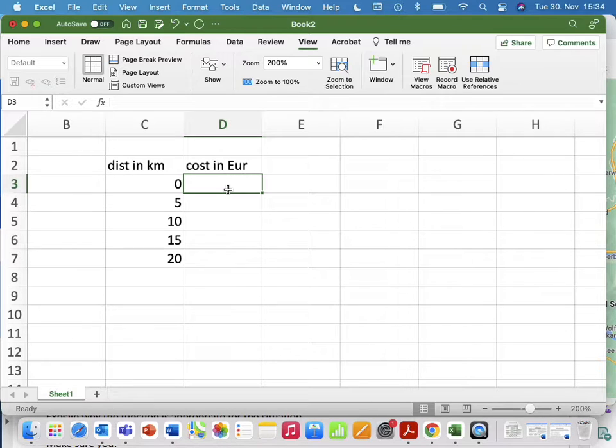Watch. In here, press equals 1.1 times, the multiplication is the little asterisk above the 8 on my keyboard. You can see it there. 1.1 times by that number, 0. If you click on the number 0, it returns C3. Now C3, you can see it's column C, row 3. The number 0, 0 kilometers, is in C3. And then we plus